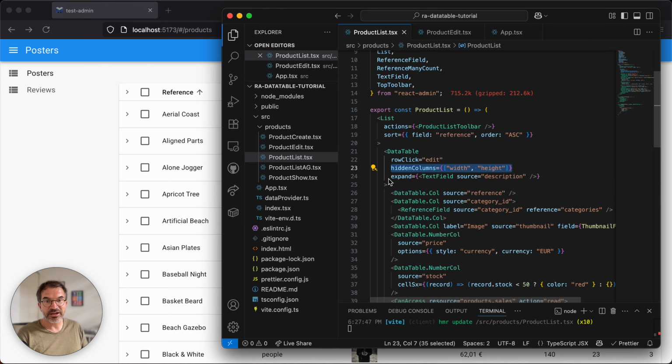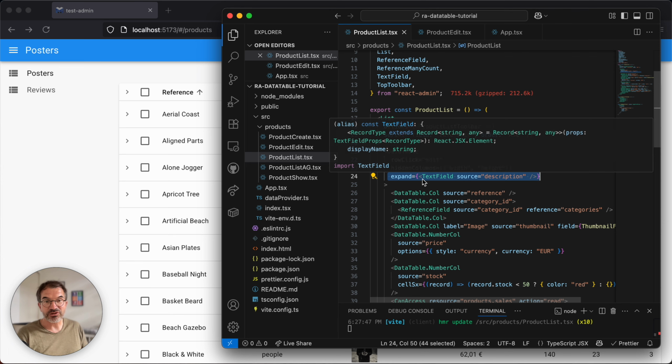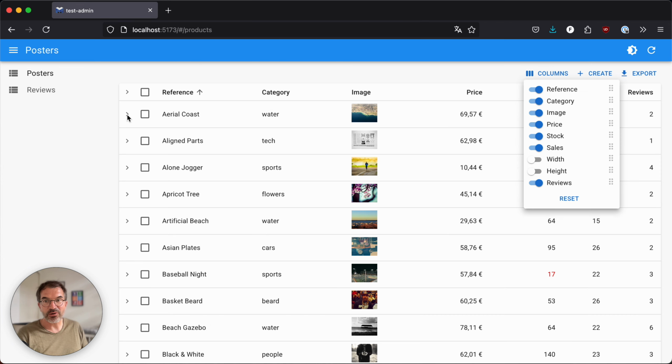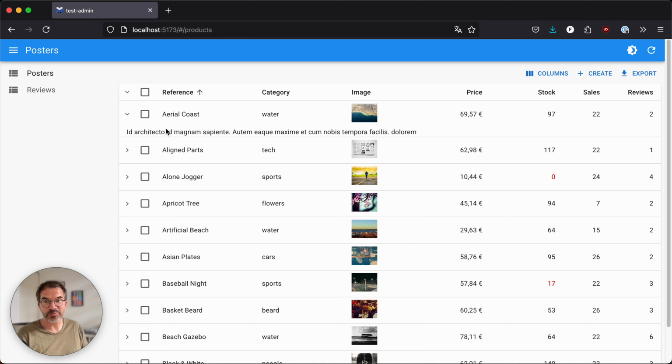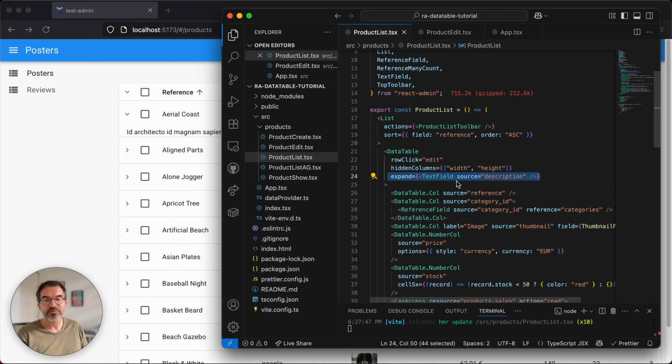And finally, I defined the expand panel here with just a text field. This is how I rendered this expand panel. Here you can use any React component that reads the current record context, so text field is a good example.